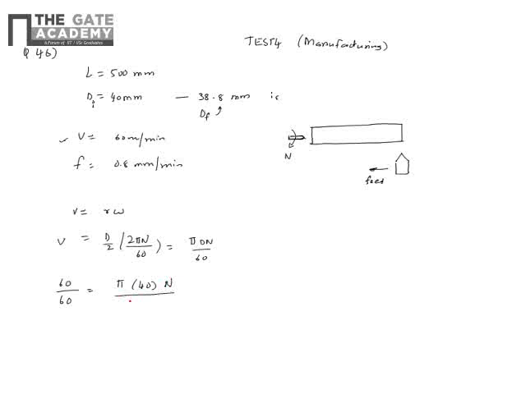by 60. This is in mm and this is in meters, so let's write 10 power 3. So n is basically 60 into 10 power 3 by 40 pi. So this value, if I calculate, comes out close to 478 rpm, and this is my spindle speed